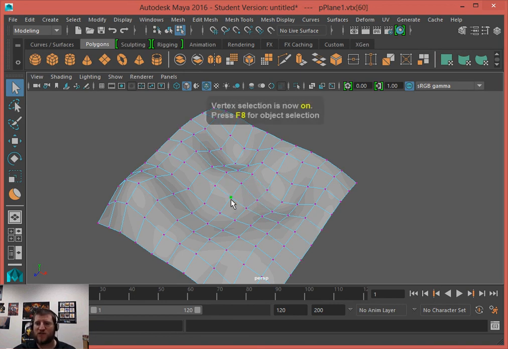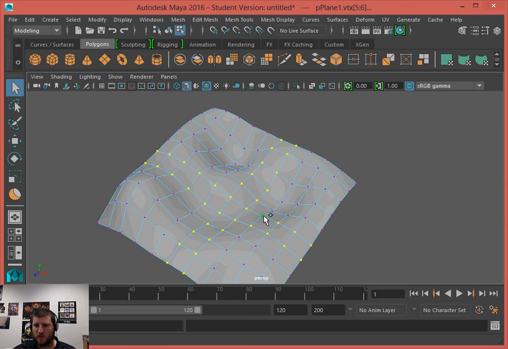But you can also do the same thing with vertices, where you come through and you can select rows of verts as you want, and that's the same just by selecting one vert and then double clicking the one beside of it. What's also useful is sometimes you don't want this entire row, so you can come in, select one vert, find another vert on that row, and just double click it, and it will only select the vertexes between those two.